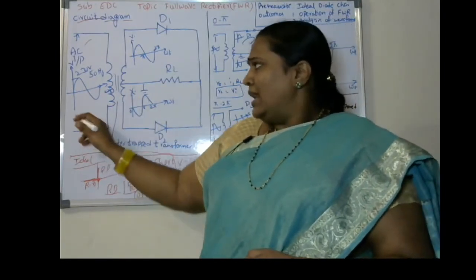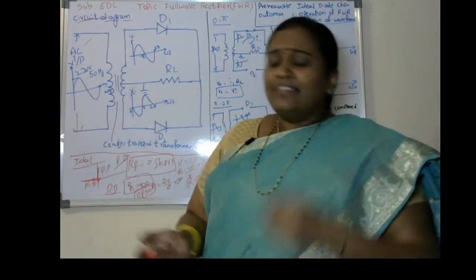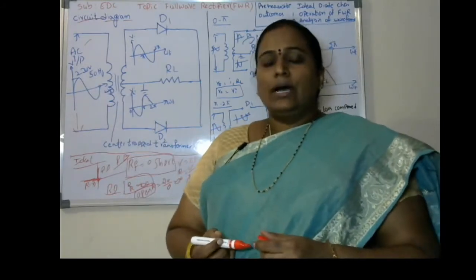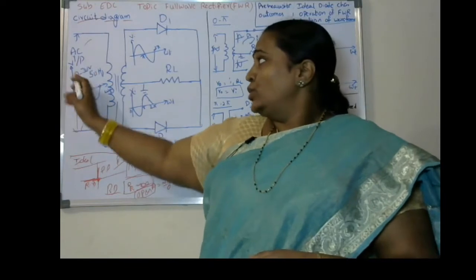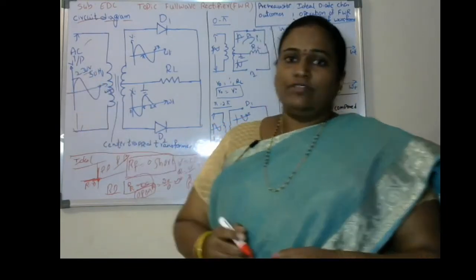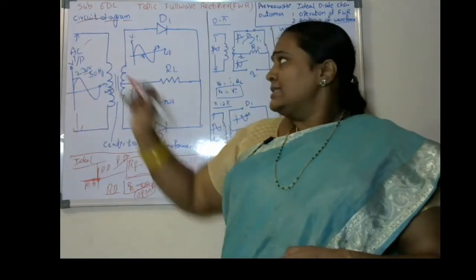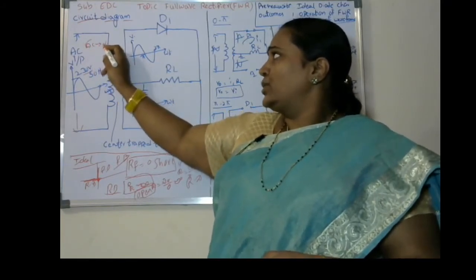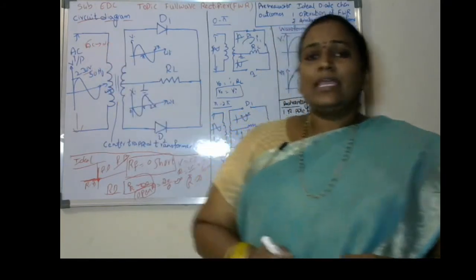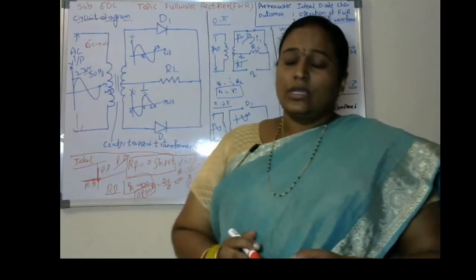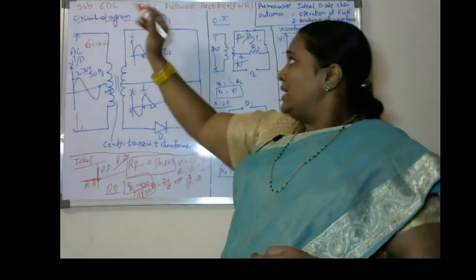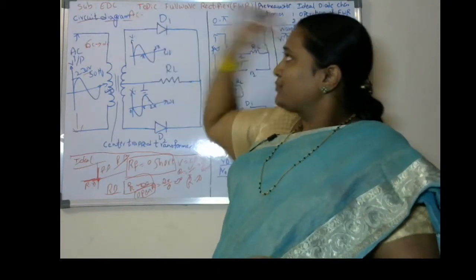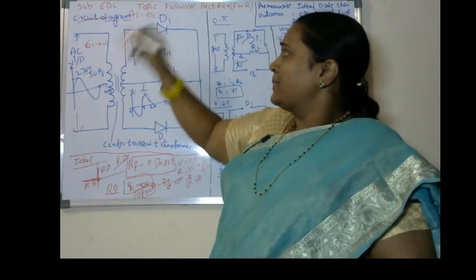As usual, like the half-wave rectifier circuit, we apply the household voltage of 230 volts and 50 hertz frequency. This is an AC signal. This AC signal has to be converted to a DC signal. That is the main motive of the rectifier circuit. So in rectification, we have to convert an AC signal to a DC signal.